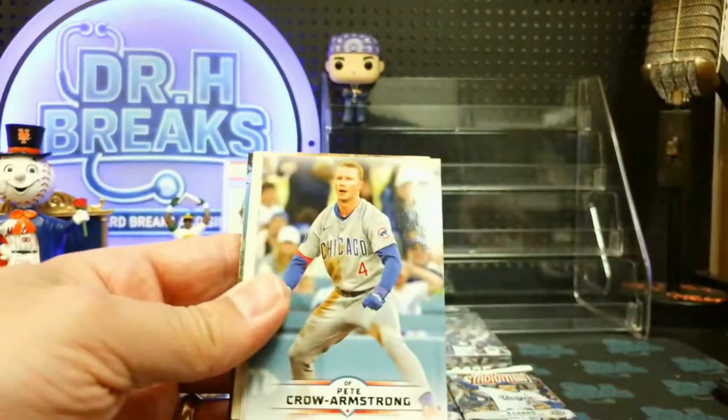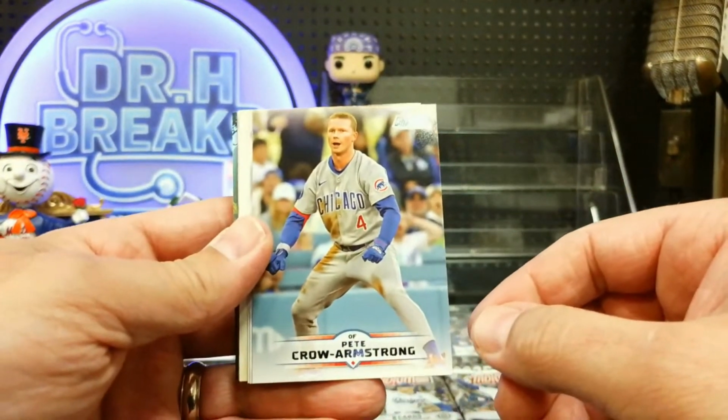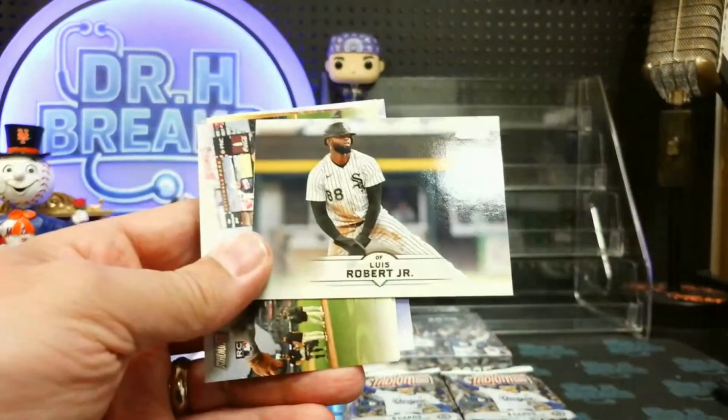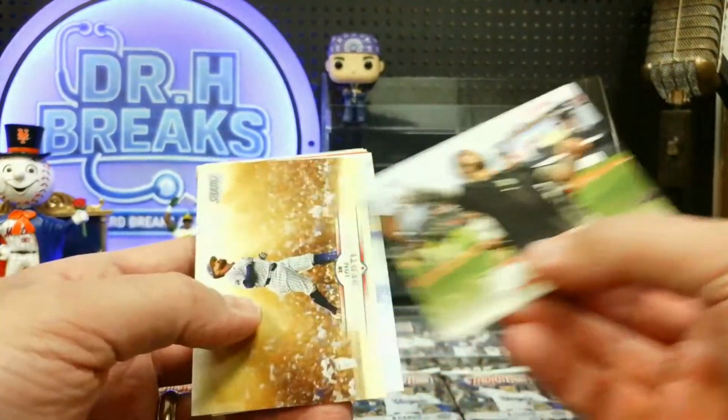Down in the minors right now. I'm not sure, he might have come up. I don't think he's up yet, though. He was definitely struggling. Pete Crow-Armstrong, Luis Robert Jr. There's another Dylan Crews rookie and